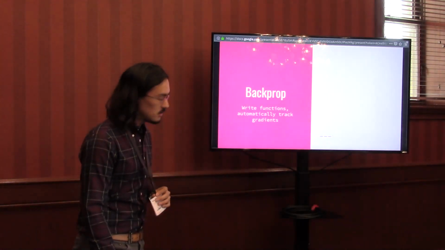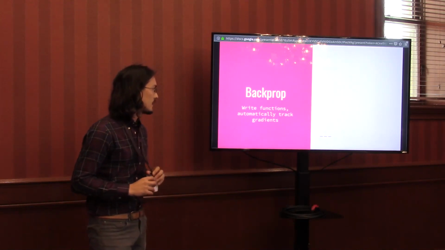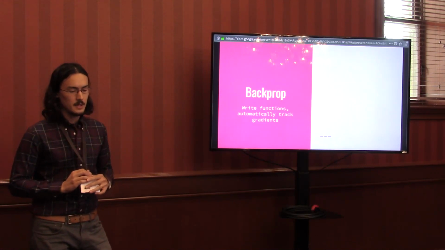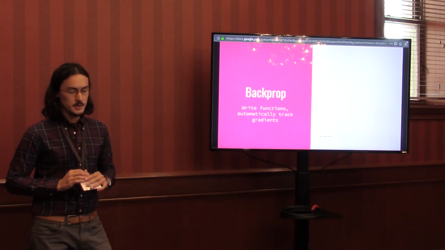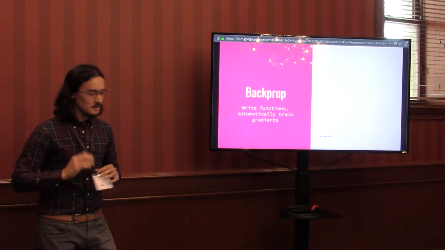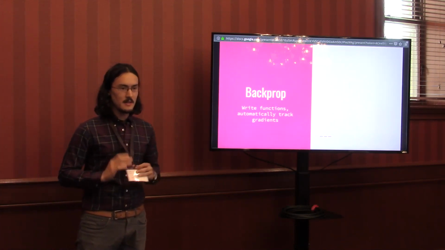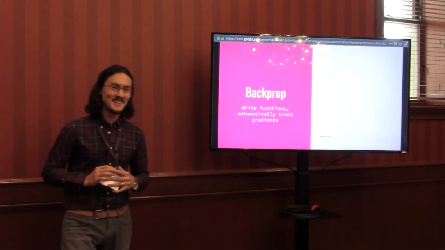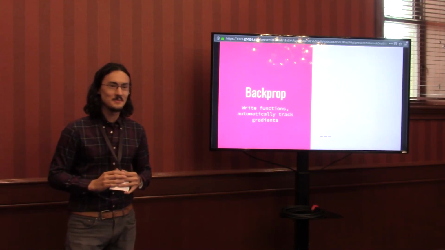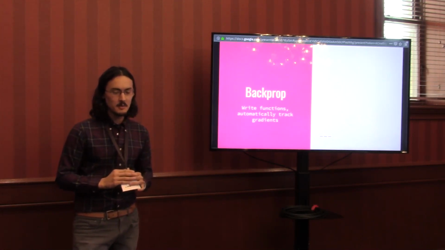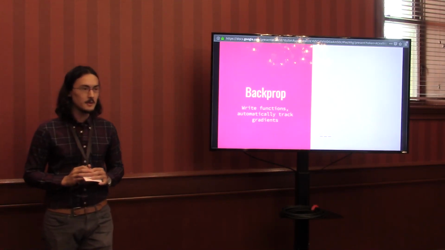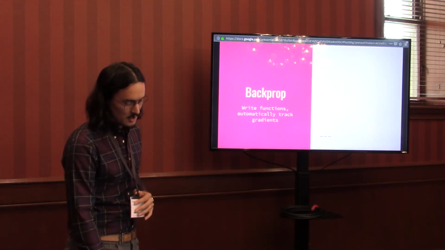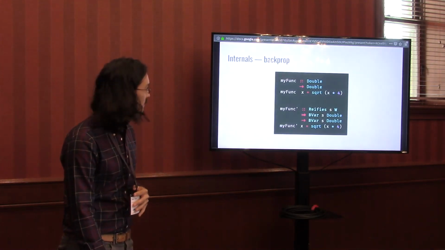Another tool, and we'll get into that a little later, is Backprop. Backprop is a library from Justin Le, and it is an AD library, and that is a talk in itself. In fact, it's a talk that has happened twice already at this conference, once from Conal Elliott's simple automatic differentiation, and once from the incremental lens, relational lenses talk. So we're just going to gloss over this, but